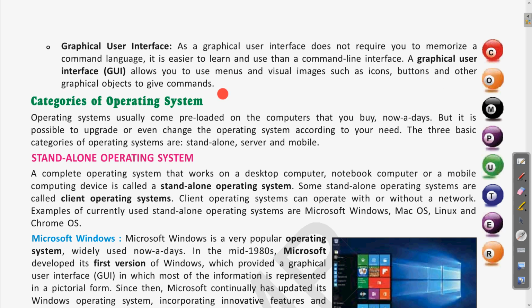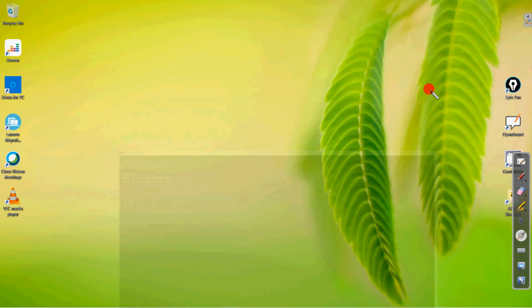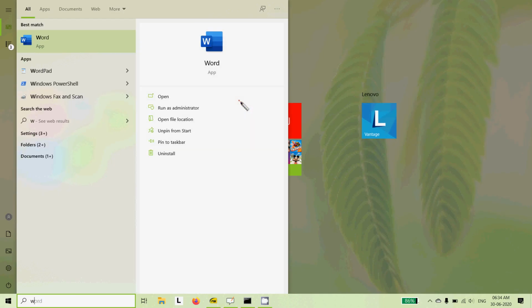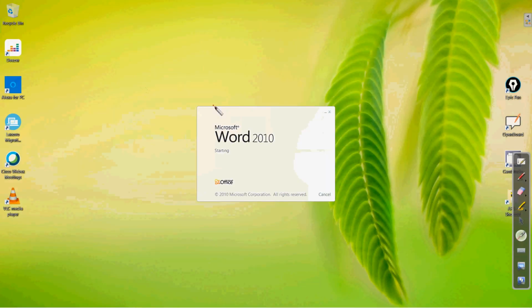So is it clear? In the GUI we have the options to use the different menus, images, icons, so that it will be easy for a user to remember as well as to work with them. Why? Because all the things are available on the screen. If we see the desktop or any of the software, like, let me open MS Word.